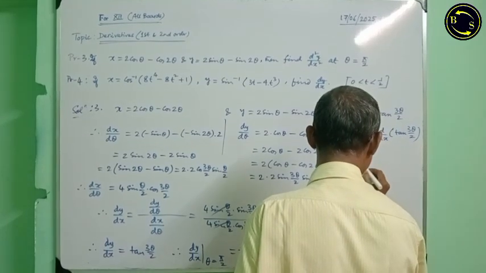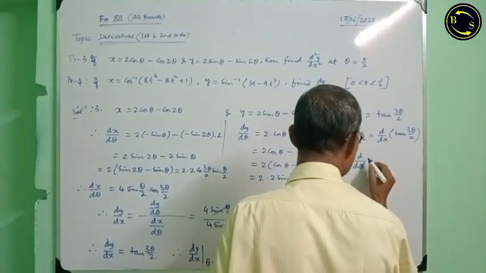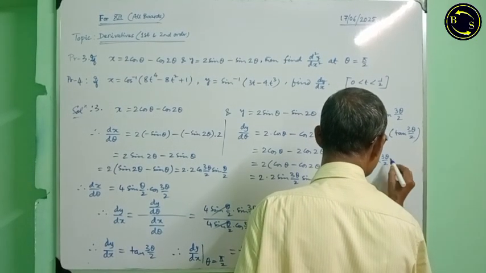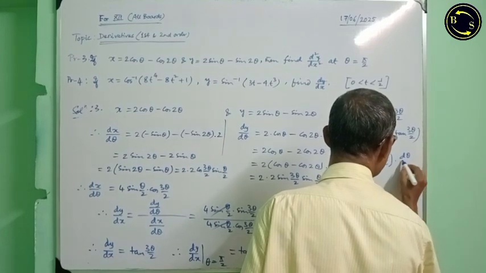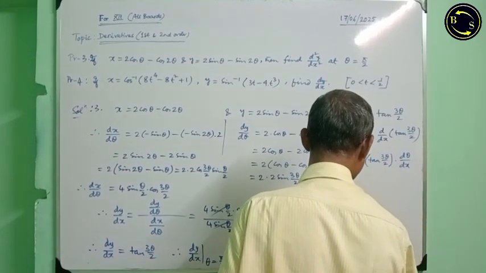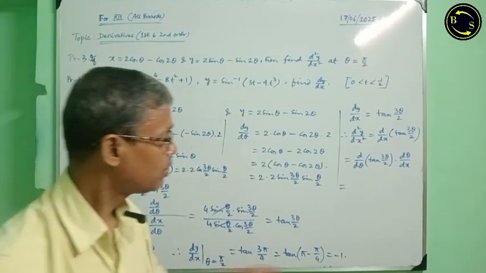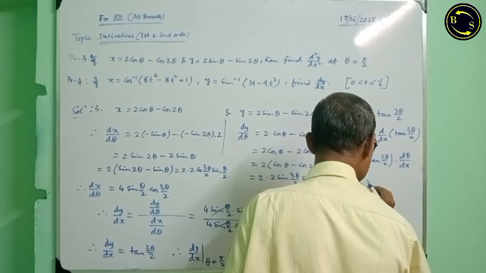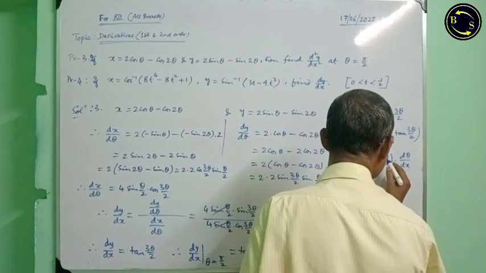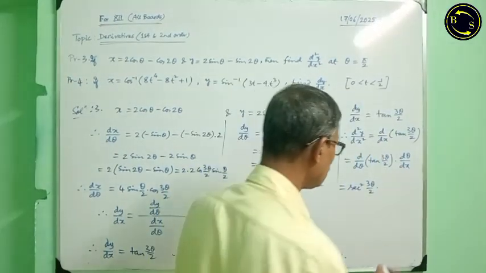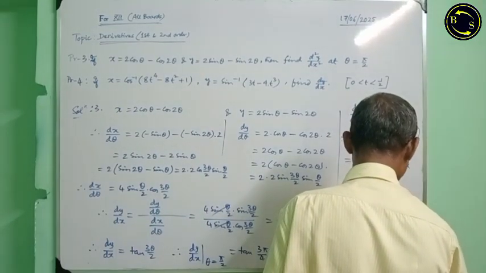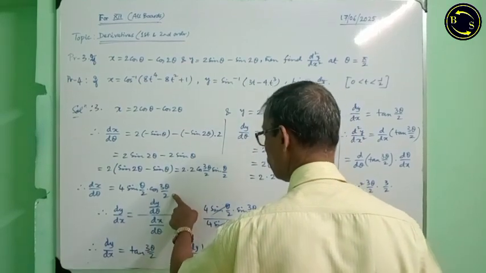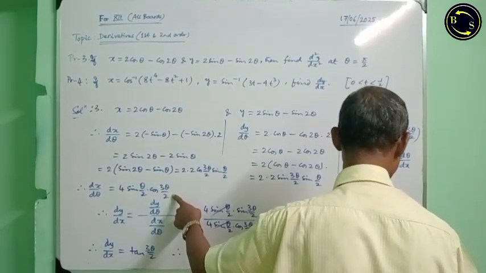Since variable is theta, therefore chain rule applied. D d theta of tan 3 theta by 2 is sec square 3 theta by 2 into d d theta of 3 theta by 2, that is equal to 3 by 2 into d theta dx. We have got dx d theta, this one. Therefore d theta dx means